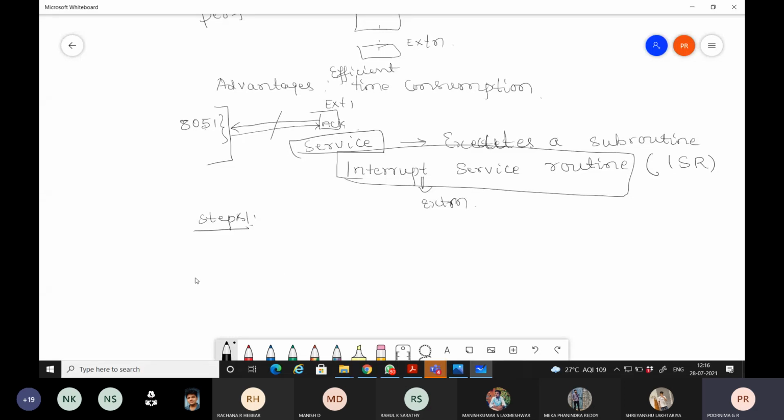So first step, it finishes the present instruction execution. Okay, after finishing the present instruction execution, in the second step, it saves